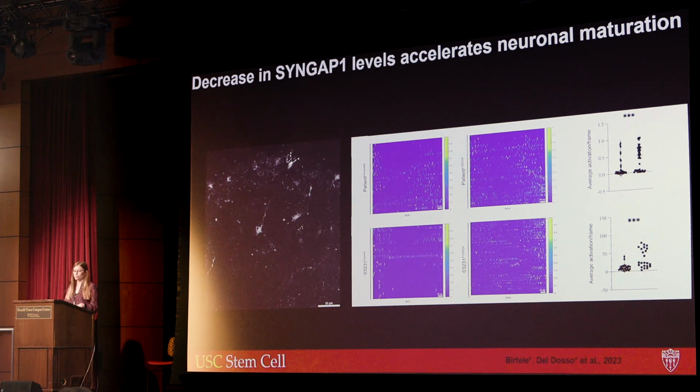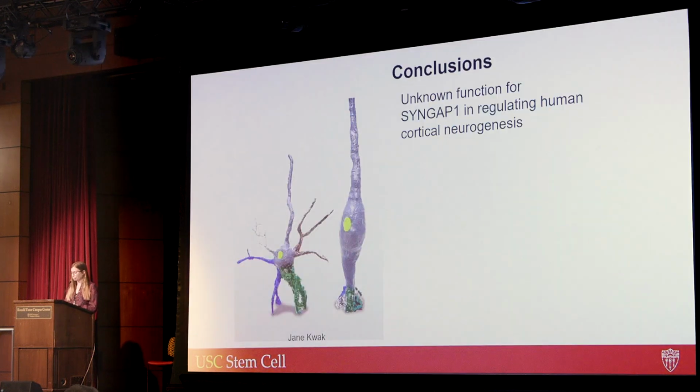And finally, we also performed calcium imaging and single-cell RNA sequencing at 4 months. I'm not showing the single cell here, but with the calcium imaging, we could see in the patient and also in the control line with the patient mutation that there was an increase in activity, suggesting that decrease in SYNGAP1 accelerates neuronal maturation. And with this, I hope I've shown you how with cortical organoids, we have identified an